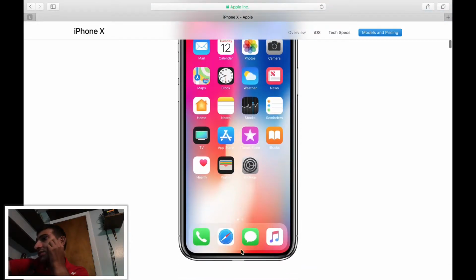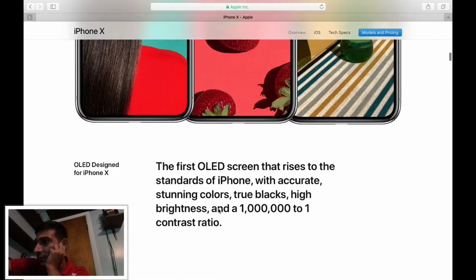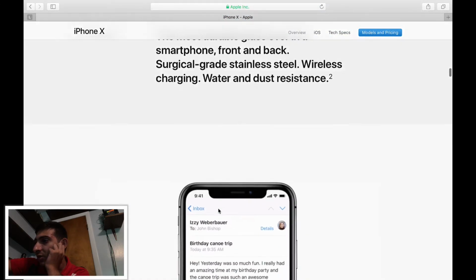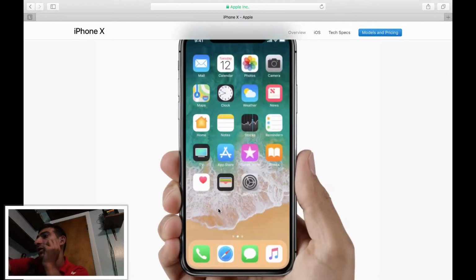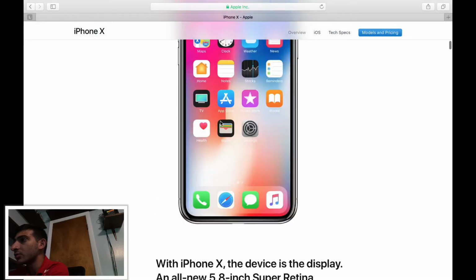So, as you can see, if you know iPhone and stuff, right here there's no home button. Now what happened to it? If we scroll down here, this will explain what you do without a home button. Right here, you just swipe up. If you didn't see that, just re-look at the video. But what happened was the person was in the Mail app, and what they did, they swiped up on the little, if I show you right,